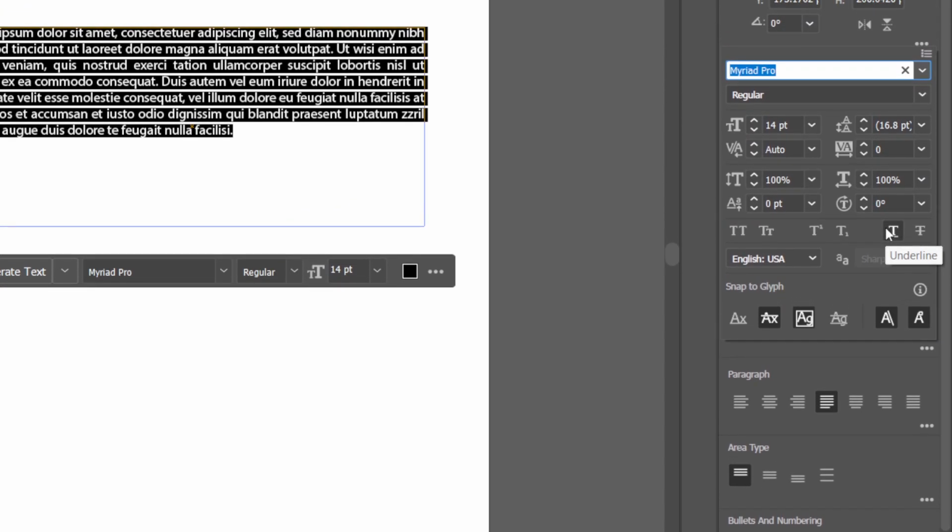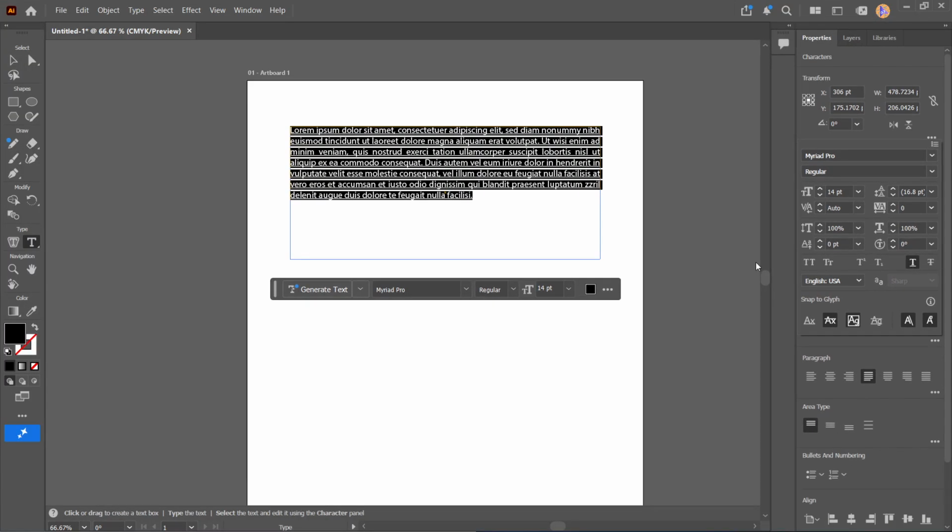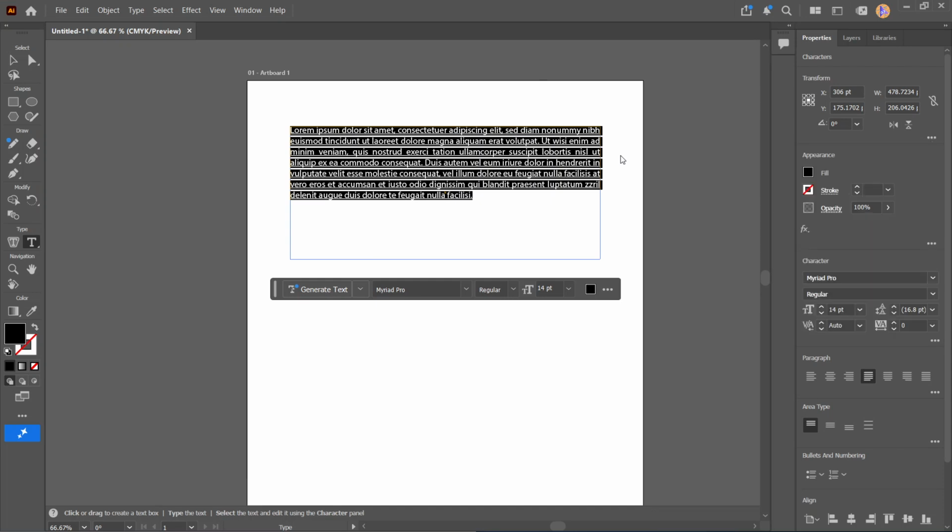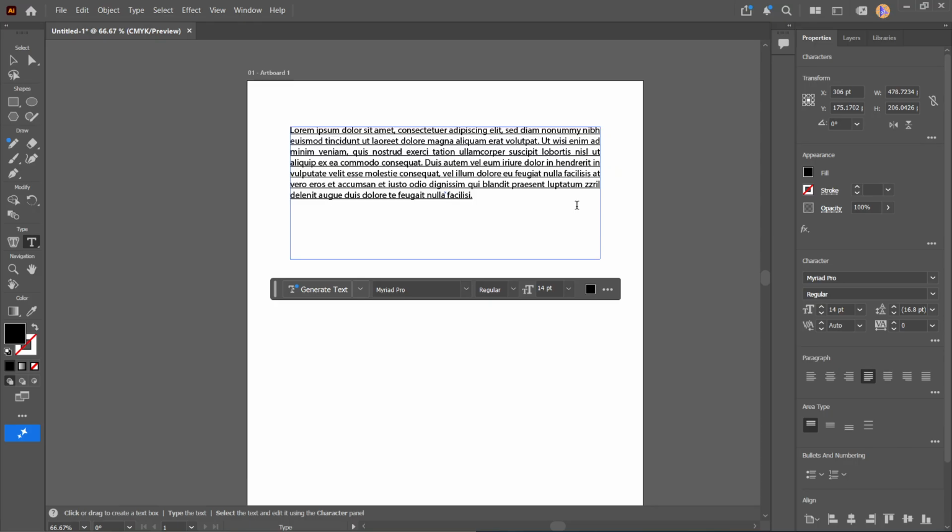This is the built-in underline formatting option, so it's a clean and simple way to add emphasis without manually drawing a line. If the underline doesn't seem to appear right away, double-check that the text is still highlighted and that you're editing actual text with the Type tool. That's usually the main reason the option doesn't respond as expected, and that's all it takes to underline text in